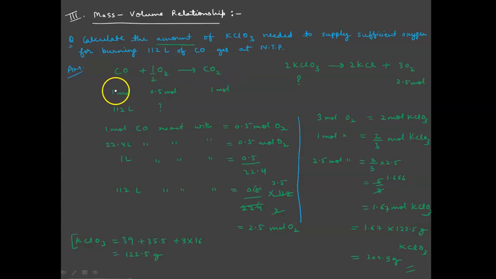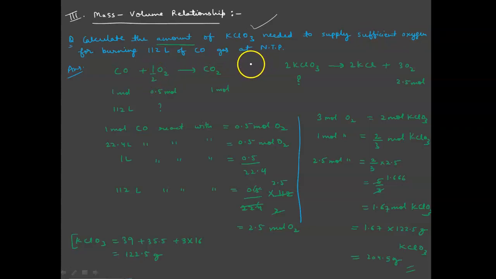In this question, on balancing, we have done CO 1 mole. We can write it also by multiplying 2 here and 2 here. It's okay, we can write this way also. CO equal to half O2, because in this we have to complete the number of oxygen. Here is O, this is O2, single O, this means 2 O on the RHS side. So balancing the equation this way, we have to calculate the amount of KClO3 needed to supply sufficient oxygen for burning this.